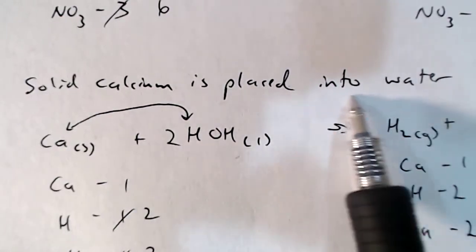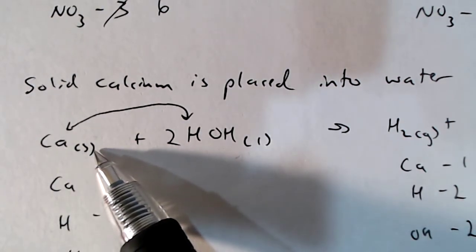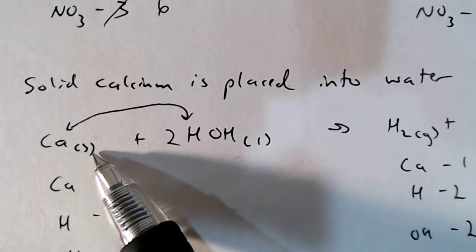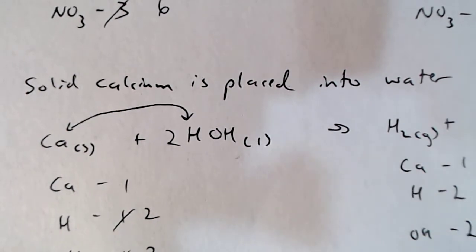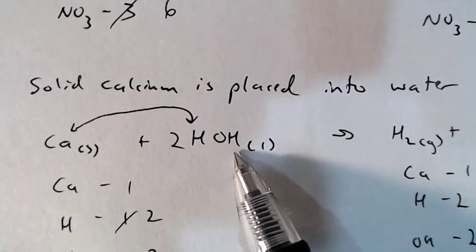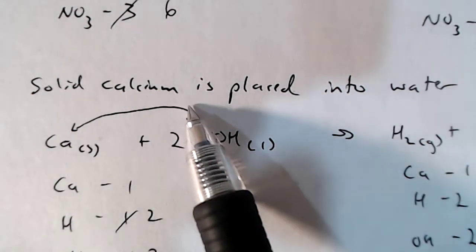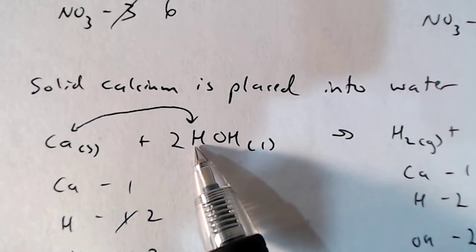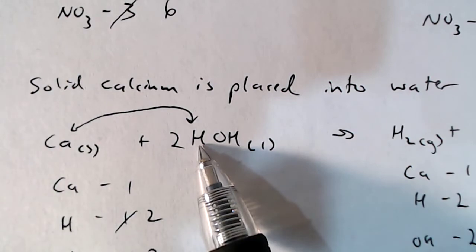And then finally, solid calcium is placed into water. All right, so calcium is solid. We can show that with (s), parentheses, and water. Now, you might be used to writing this as H2O. That's how most people do it. But I actually find that it's easier to predict the products of reactions with water if you write water as HOH. Then calcium will just switch places with just 1 hydrogen instead of the 2 that you would have with H2O. So calcium switches places with hydrogen,